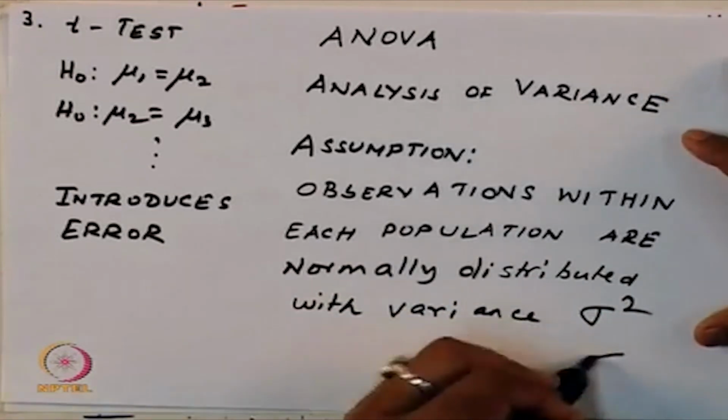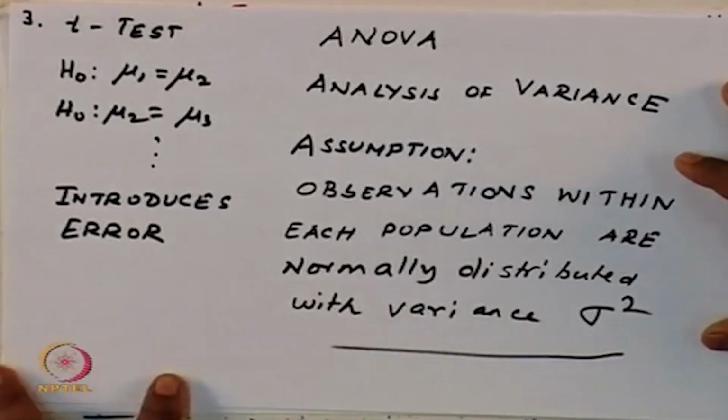Okay. So, essentially the variance for each population is the same. Okay. So, in ANOVA,